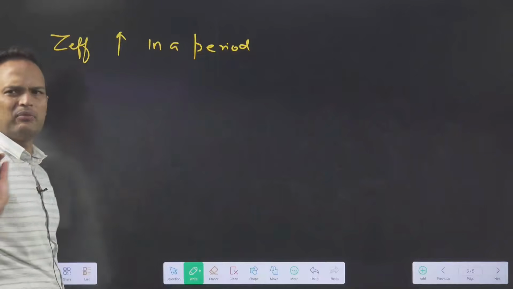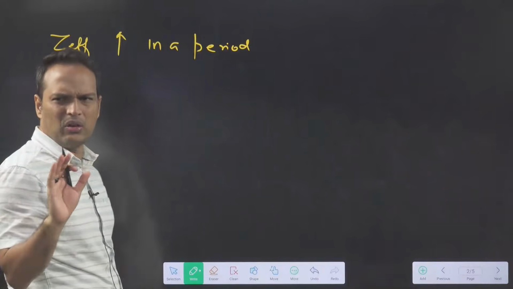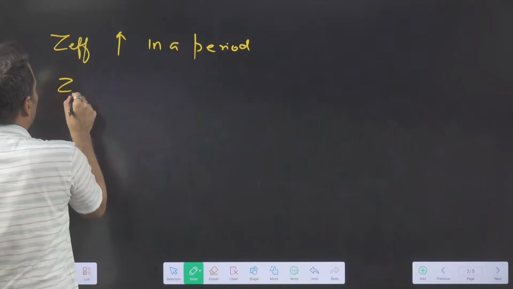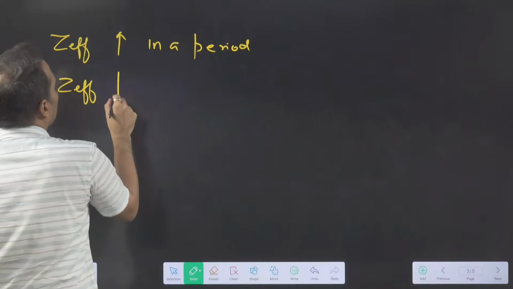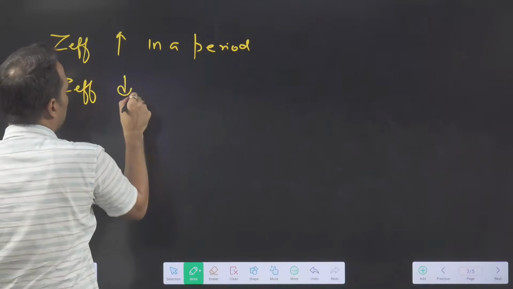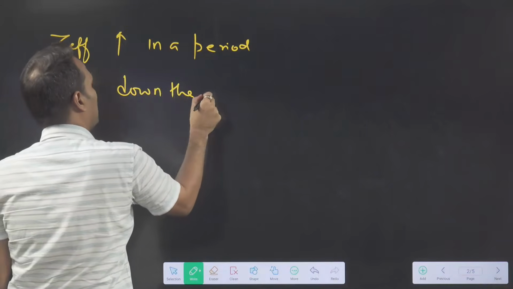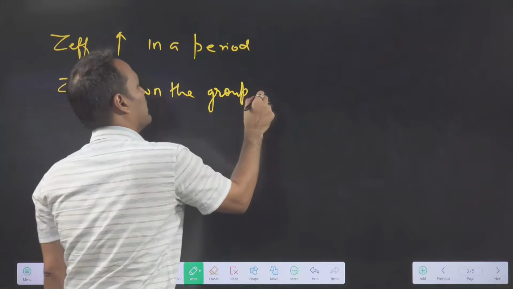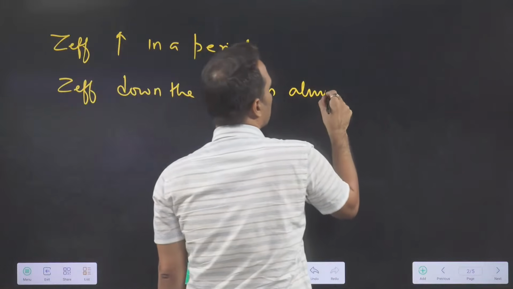Down the group we have not said anything. Down the group we are not much interested, but we can say that Z effective down the group is almost